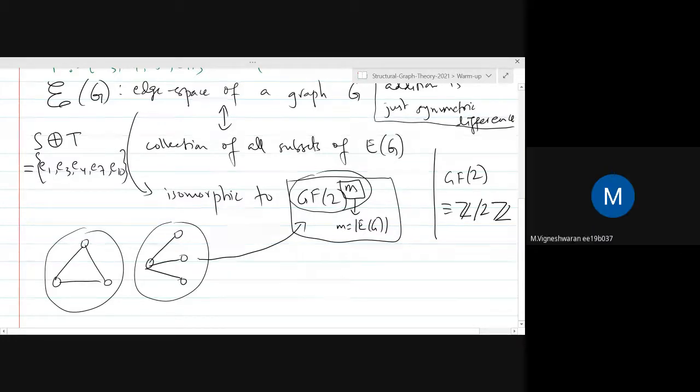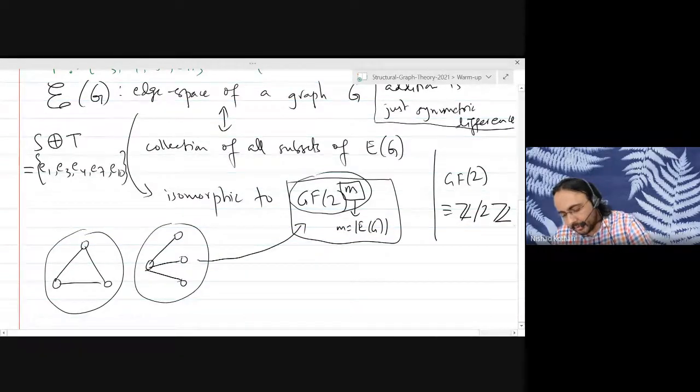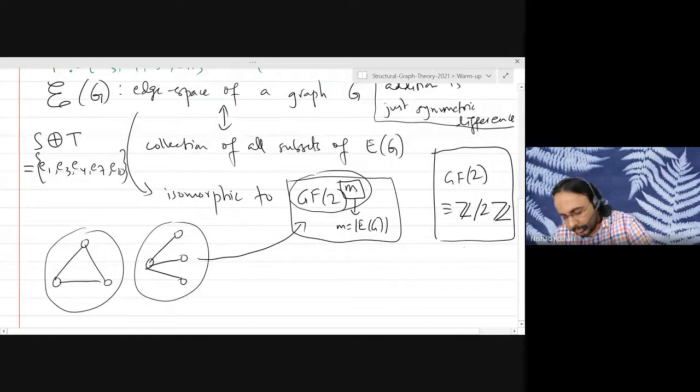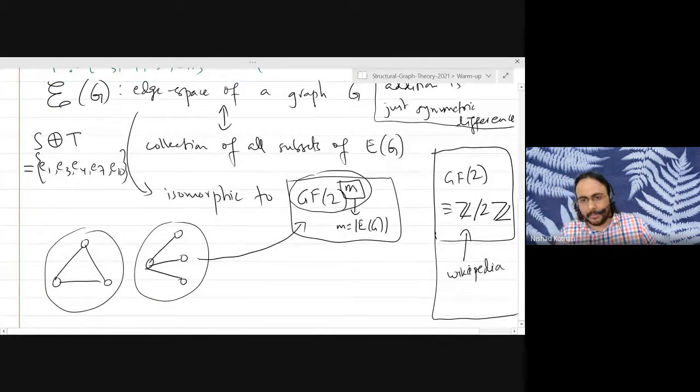But what is GF2? Should we know this before itself, or is it something new? Well, GF2 is basically the integers modulo 2. You might have seen different notations, right? Rather than looking at all the integers, we are considering the integers modulo 2, which just means 0 and 1. If you're not too familiar, I would just read on Wikipedia or somewhere about GF2, and it just gives you the basic information that is necessary for this course.